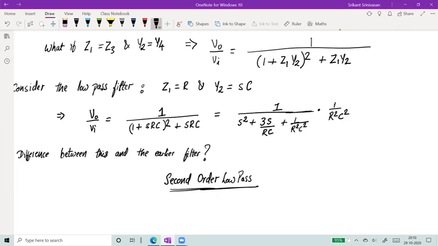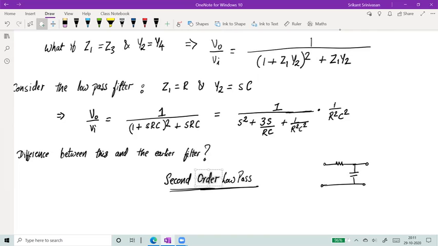Now, the first order low pass was just a resistor and a capacitor. The resistor always does not contribute to the order, right? When we use the word order, where did this order come from? It came from the differential equation. So whenever you have differential equations, it means either you have an inductor or a capacitor. So if you have a single inductor, or if you have one capacitor, then you will end up with terms like L di by dt or C dv by dt. And because of that, you get the order of the expression.